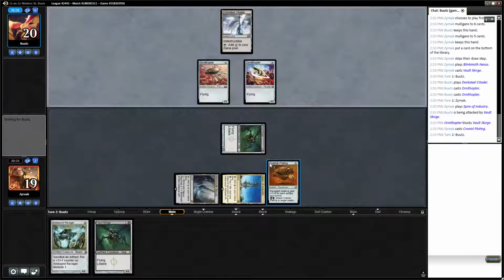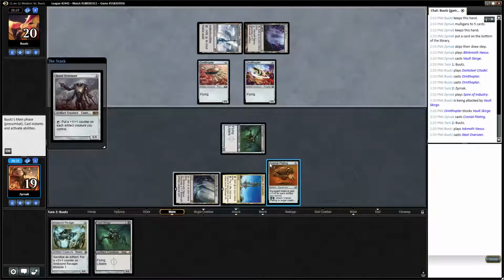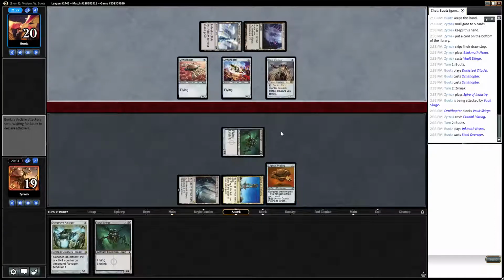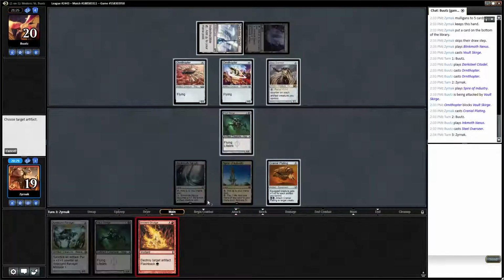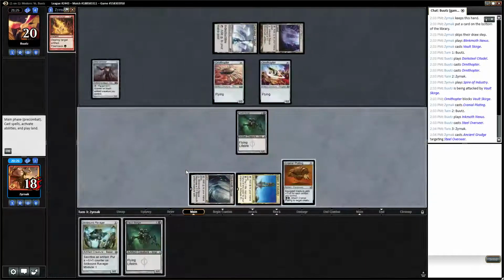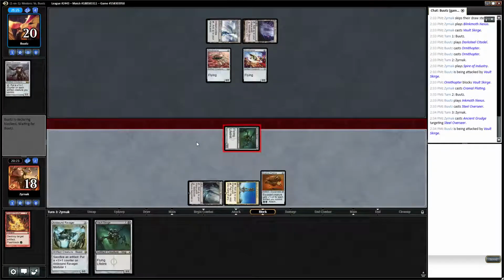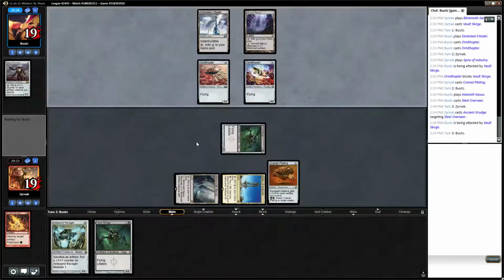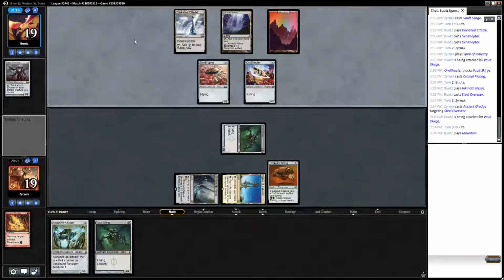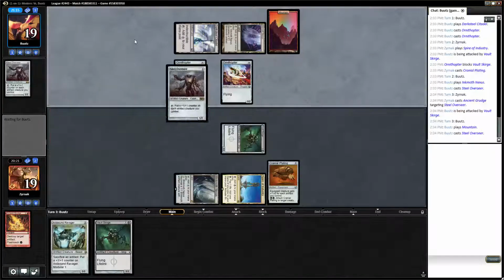I really don't want to see a Steel Overseer. Because now, that was a perfect draw. This gave us a chance. 2 for 1 is pretty good here. Still going to be a pretty uphill battle, but...